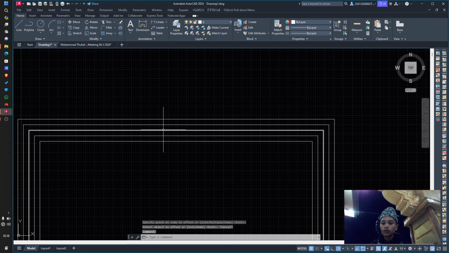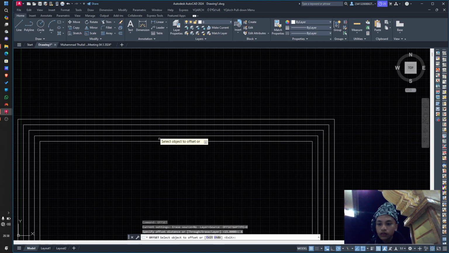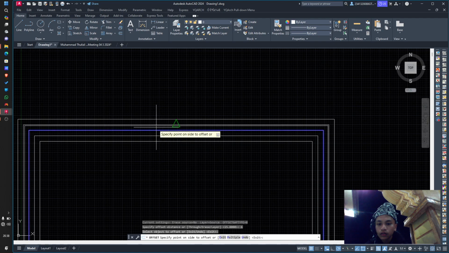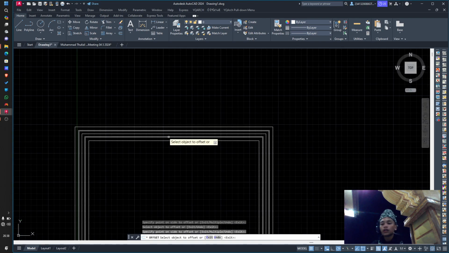For the inner of the wall, it must be 6 centimeters, so we need to offset it again, and then type 6, like this one, also this one. Okay, and then